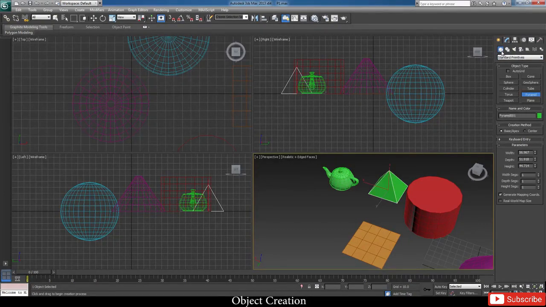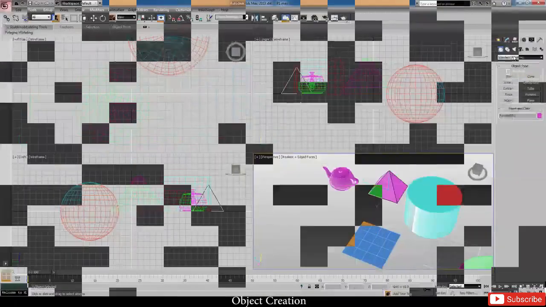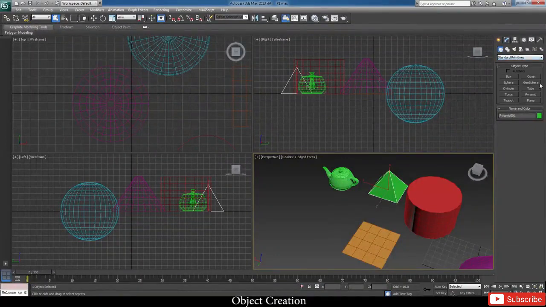Now there are two types of methods that you come across for modeling. One is through creating these geometries and starting off your models from this. The second is through creating shapes and splines. We'll come to this in a later video. So here, all these box and everything come under a drop down called standard primitives. We'll work on the extended primitives in the coming lectures.